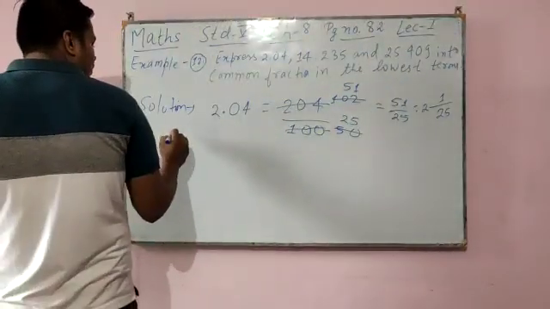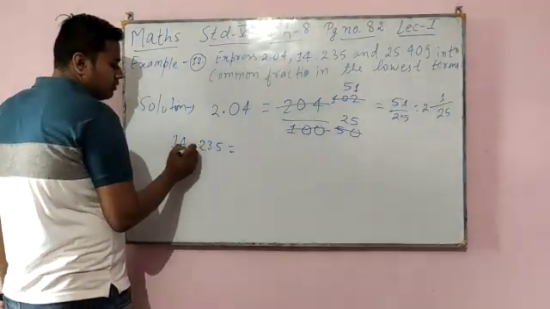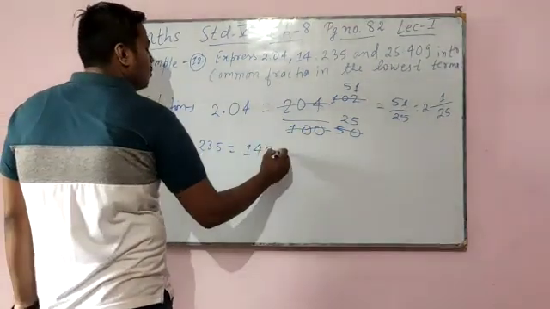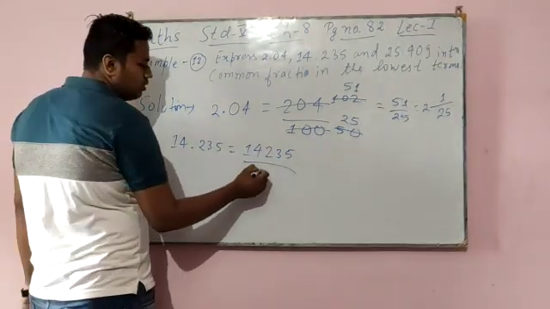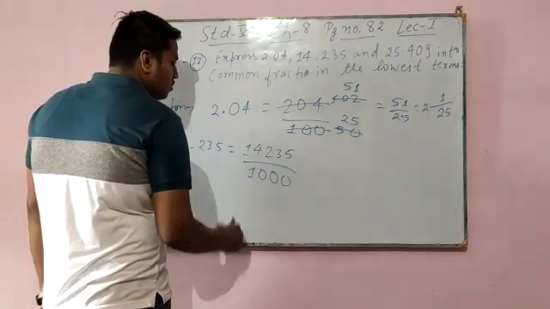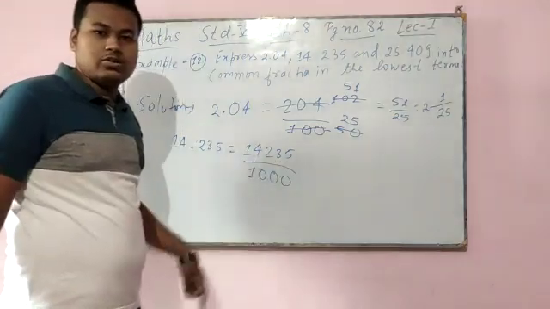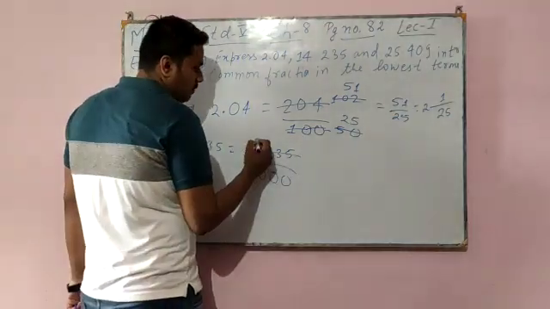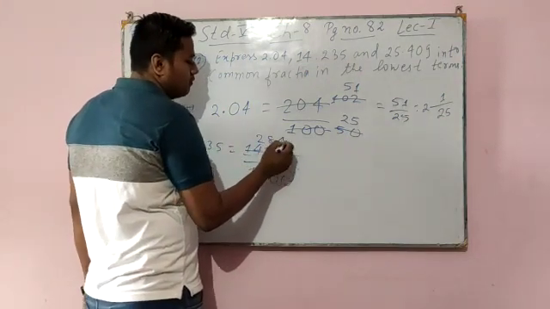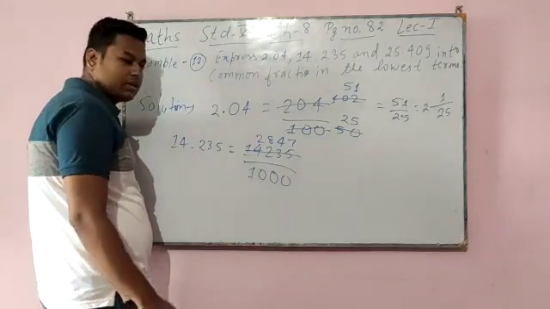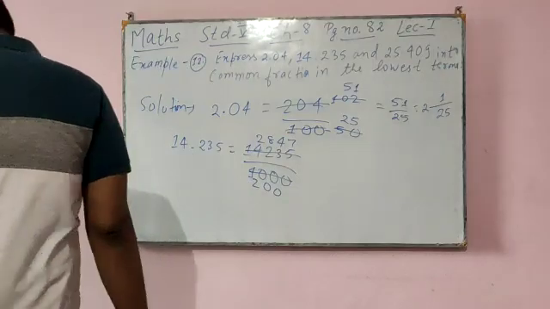Now we move to 14 decimal 235. So forget about this decimal here, write all the numbers: 14235. Now decimal take it as 1. After the decimal 3 numbers, so 1 0 0 0. So this will cut in the table of 5. Why? Because if the last digit is 5 or 0, then it will be divided by 5. 5 times 2 is 10, 5 times 8 is 40, 5 times 4 is 20, 5 times 7 is 35, 5 times 2 is 10, 0 0. Now I don't think that it will cross.